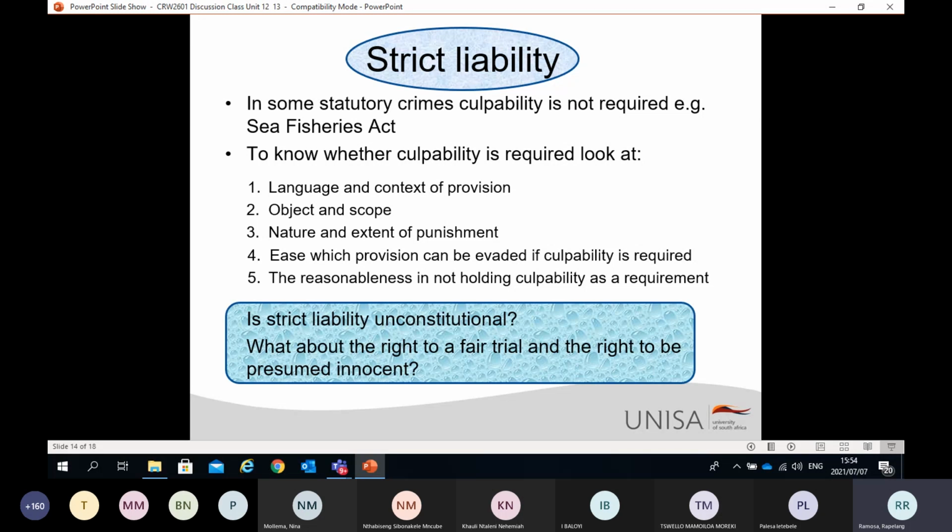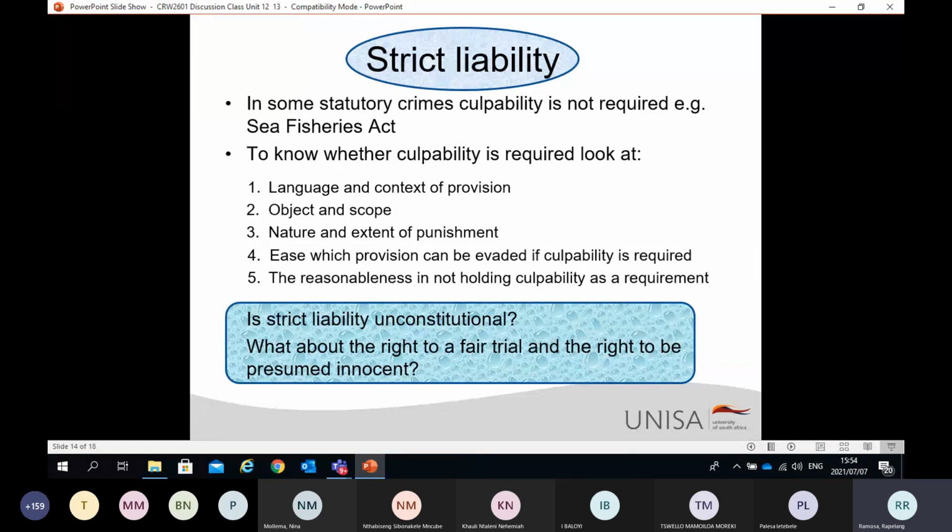Now, obviously, since the 1994 and 1996 Constitution, there is extreme doubt whether strict liability is still something that operates in our law today. According to certain obiter dicta, especially the case of State versus Gutierrez by the Constitutional Court, Justice O'Regan